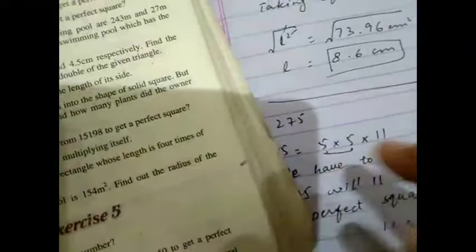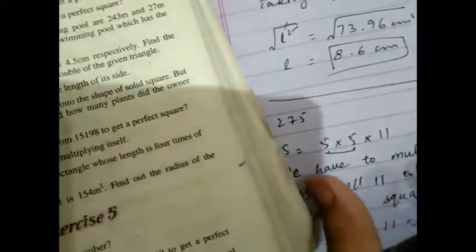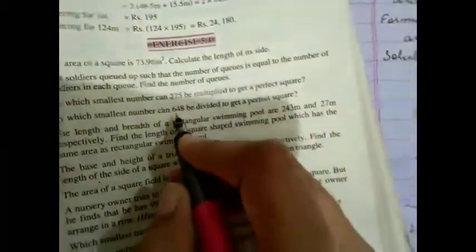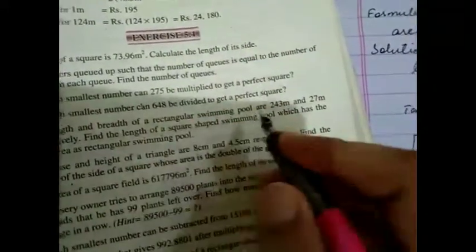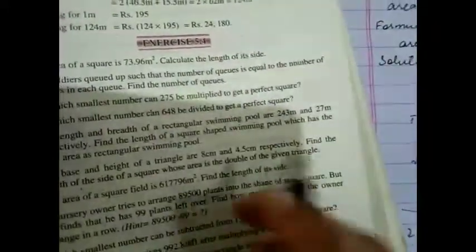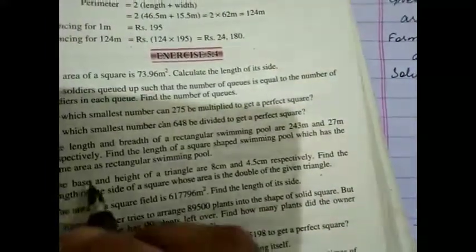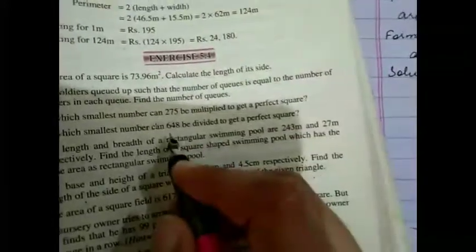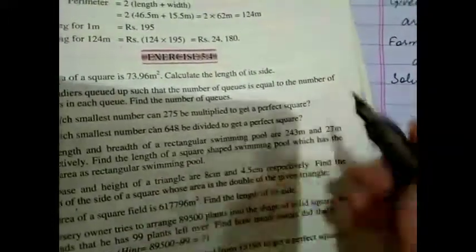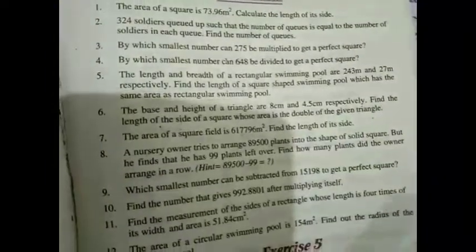We can also remove or cut out the number from the pair. Take the LCM of 648 and the number that has no pair; the answer will be that number. It means the number by which 648 is to be divided is the number that has no pair. Okay, I hope you can do it easily.